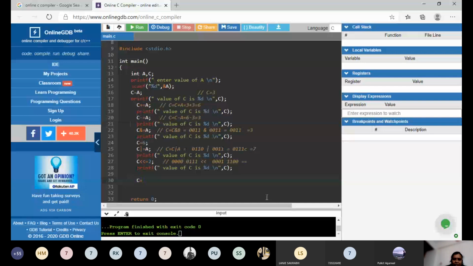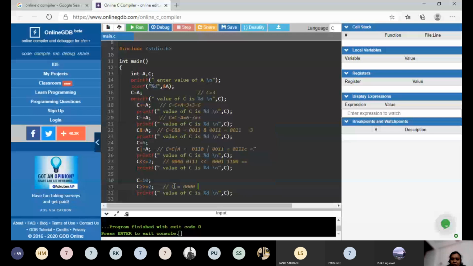What answer should I get? What is the value of C? It is 10. So C is 0 0 0 0 1 0 1 0. This is 10 in binary. Where did I shift it? I shifted 2 bits. So what will I get?